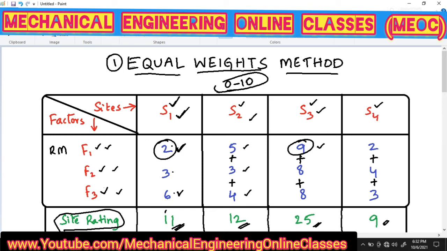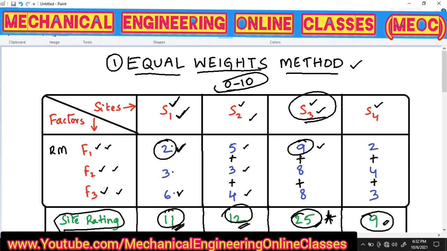So based on this particular method, we have to choose that site whose site rating is maximum. That is, out of all the numbers 11, 12, 25 and 9, we have to choose the number which is highest, that is 25. So this particular number corresponds to site 3.